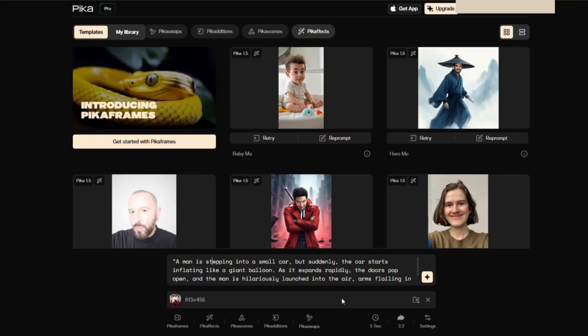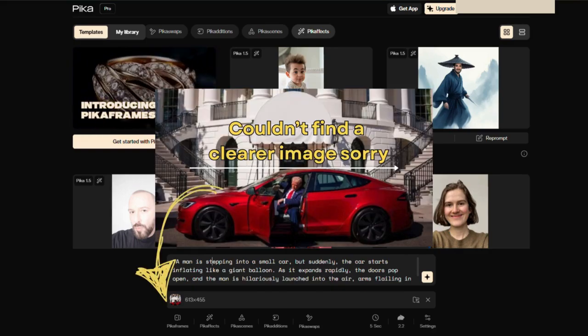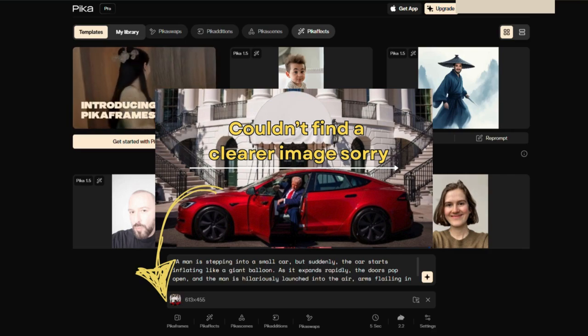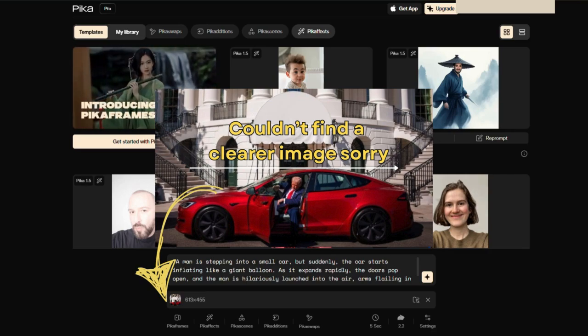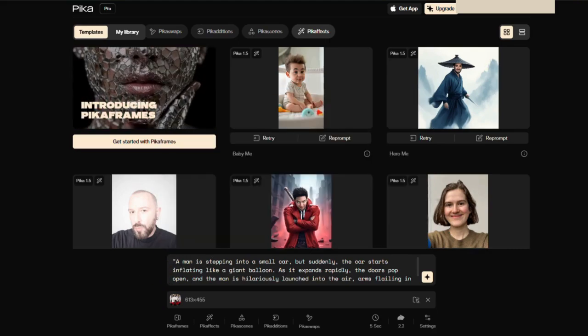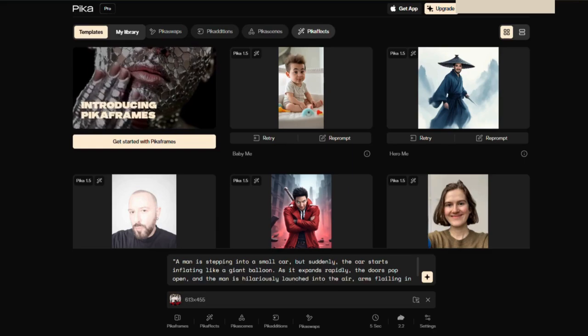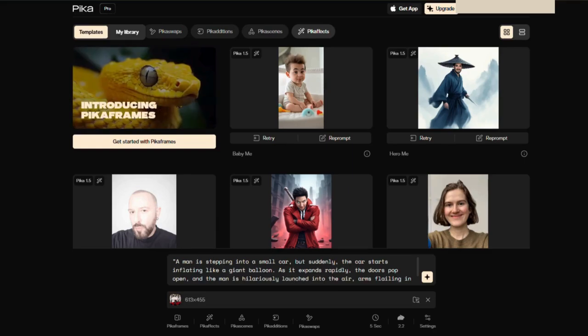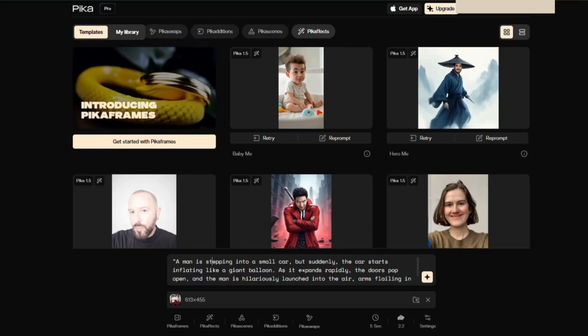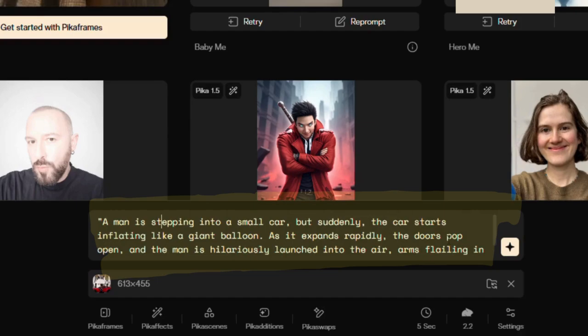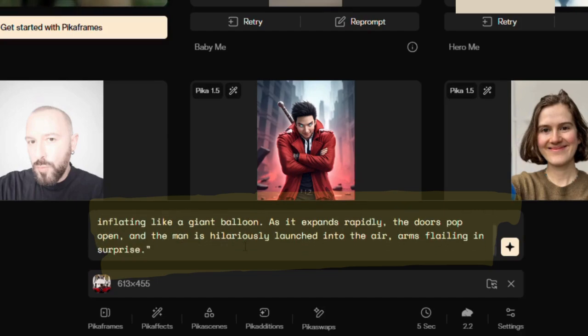So basically today I'm working with an image of Donald Trump in a Tesla, or getting into a Tesla, and then I have come up with a prompt which I used ChatGPT for, and it's a man stepping into a small car, but suddenly the car starts inflating like a giant balloon. As it expands rapidly, the doors pop open and the man is hilariously launched into the air, arms flailing in